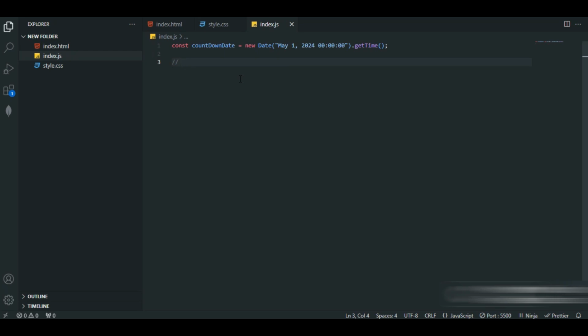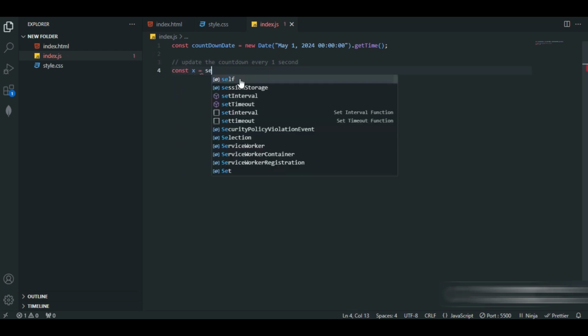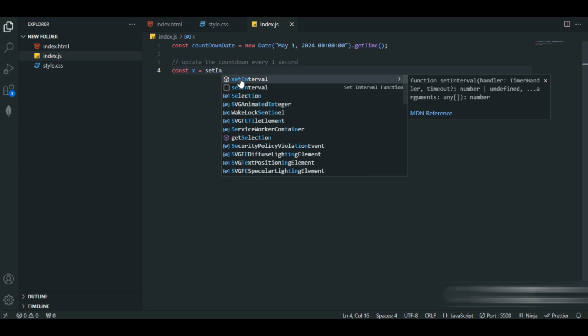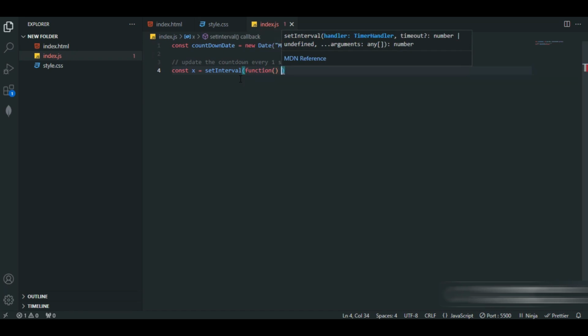And next what we'll be doing, I'll just comment it out and write, let's update the countdown every 1 second, right? For every 1 second, we'll be updating the countdown. Just comment it out and write, sorry, update the countdown every 1 second. I'll just take the variable name x and I'll give the setInterval of function, right? Inside the function, what we'll be giving? First, we will get the current date and time. How we can get? I'll just comment it out and write,